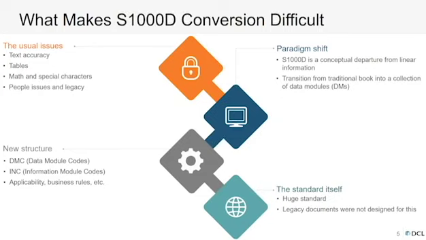In S1000D, you're dealing with data module codes, illustration number controls, applicability, business rules, and other S1000D-specific rules, and that makes the conversion even more challenging. S1000D is also a pretty big standard, and even though you don't need all the bells and whistles that it offers, you still need to understand the main concept of S1000D to make logical decisions. And I already mentioned that legacy data was definitely not written with S1000D in mind, so trying to map data to S1000D is like trying to fit a round peg into a square hole.